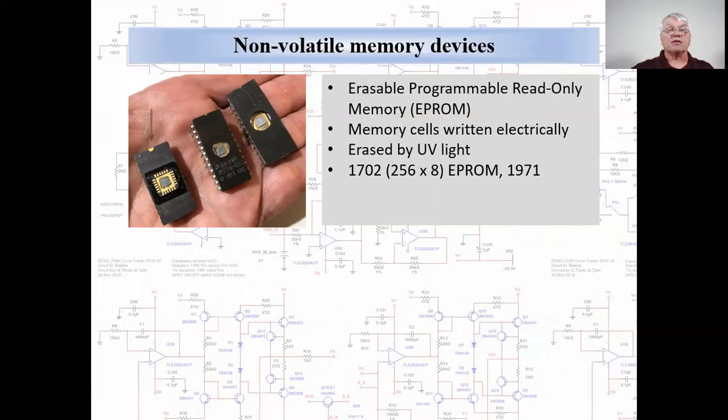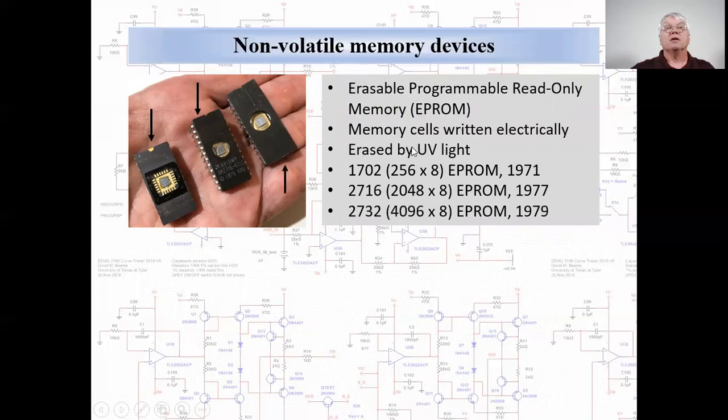That's why the devices were housed in ceramic packages with windows that were transparent to ultraviolet. In this lineup here, we have a 1702, which was arranged as 256 8-bit words, introduced in 1971. This was the world's first EPROM. The square that you see visible in the window is the actual device itself. The rest of this is packaging and lead frame. We have a 2716, which was arranged as a 2K by 8 EPROM in a 24-pin ceramic package, introduced 1977. And we have a 2732, which was a 4K by 8 EPROM in a 28-pin ceramic package, introduced in